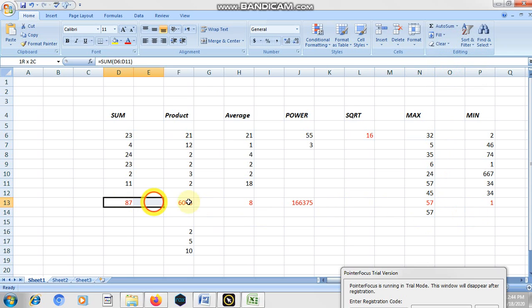Let me calculate from this row what the minimum value in this row is. Click on this